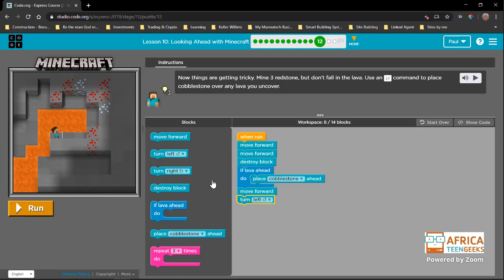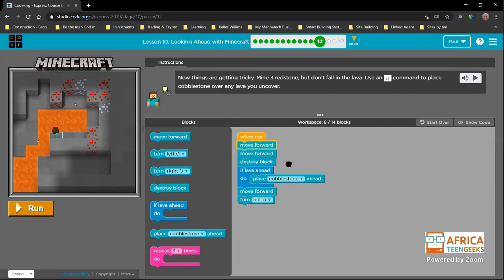Because we need to mine 3 redstones. Now it doesn't say which redstones we need to mine, so we can choose any. And one of the students yesterday, I can't remember who, I think it was Rita, she actually did it in less steps than we did. Okay, but I'm taking the longer way around because we have new students so that you can just see the